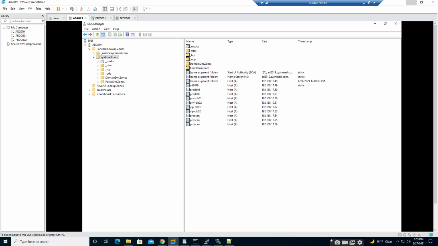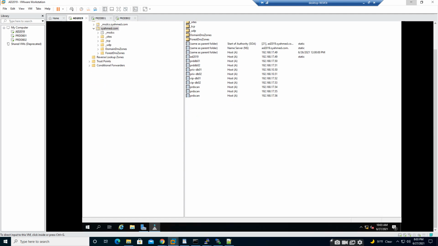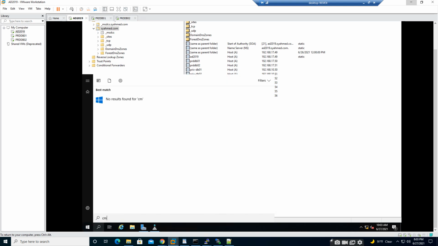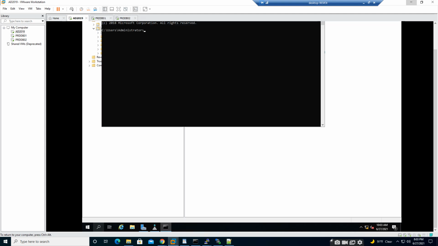So from the same Windows machine, if you do cmd and ping prd-scan, well, it is not live right now, so it should not reach.